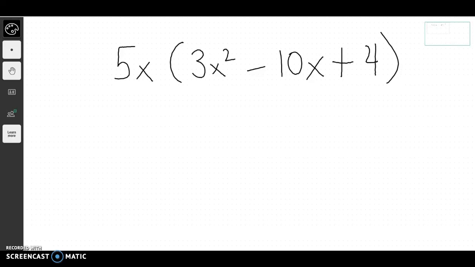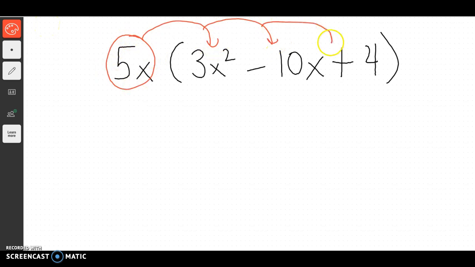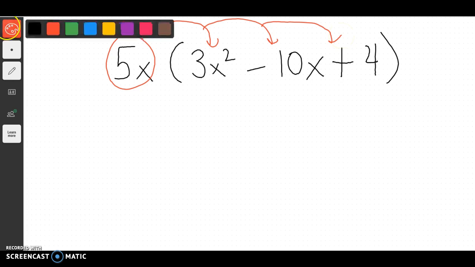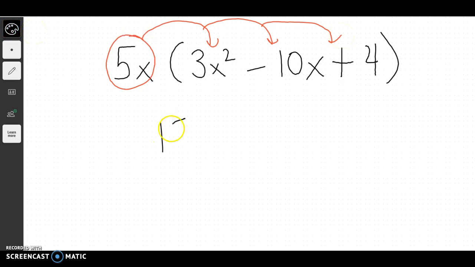Okay, so the main goal today is to learn the basics of factoring. We're going to start in a familiar place with distributing. Before, if we had this problem, we would distribute this 5x to everything on the inside, and I would get 15x cubed minus 50,